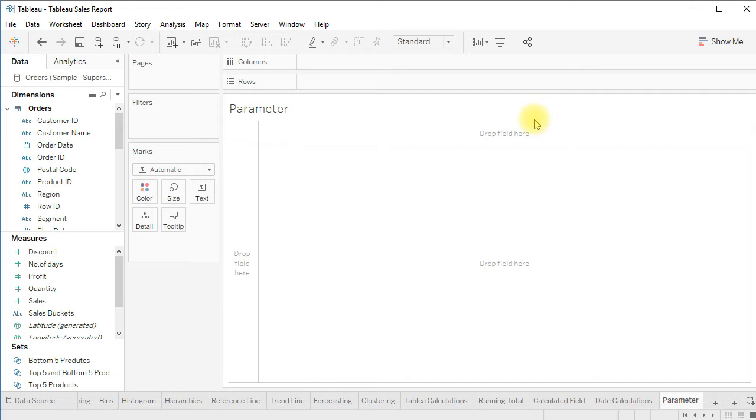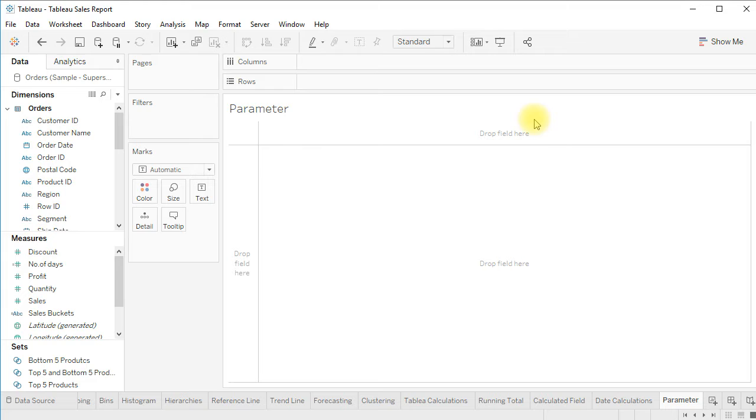In this topic, we'll discuss parameters. Parameter means user control, user input control, where the user will input values and we will pass those values into our calculations in our Tableau workbook and Tableau report. So again, let me repeat this. Parameters in Tableau are user input controls. Any situation where you need a user input.